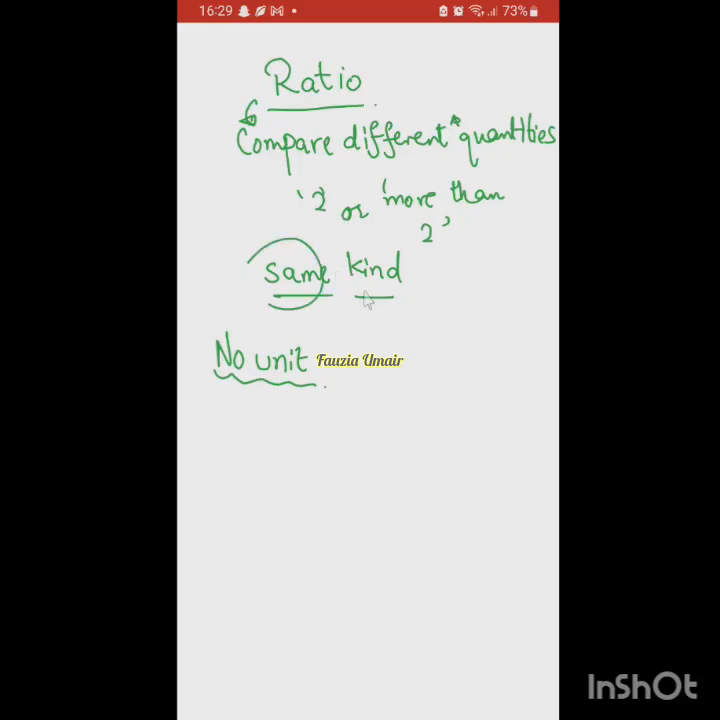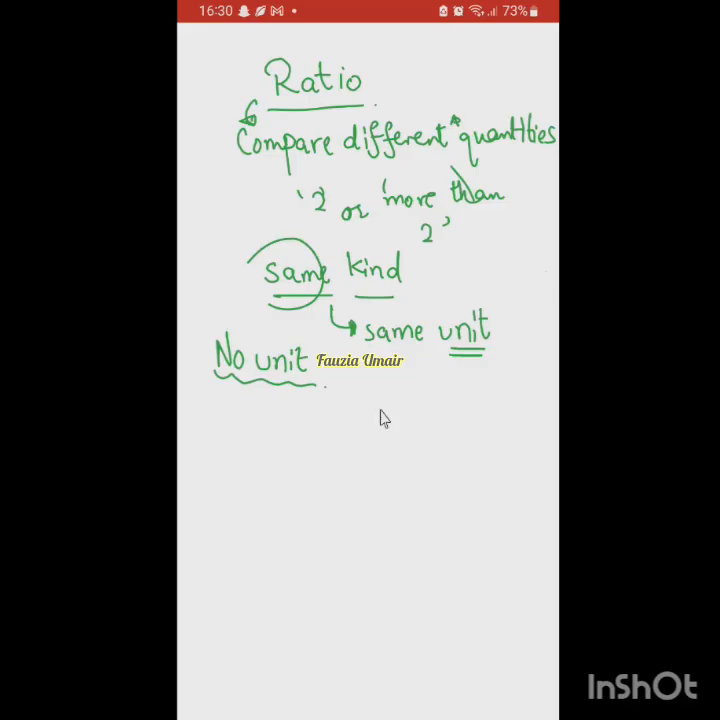इसका क्या मतलब है? What does "same kind" mean? Ma'am, like if we are using the number of boys, we are telling their age, and the girls, we are telling their weight. So this is wrong. We have to compare only boys' age with boys' age, and likewise girls' age with girls' age. All right. So "same kind" basically means that the unit must be the same, that the measurement must be